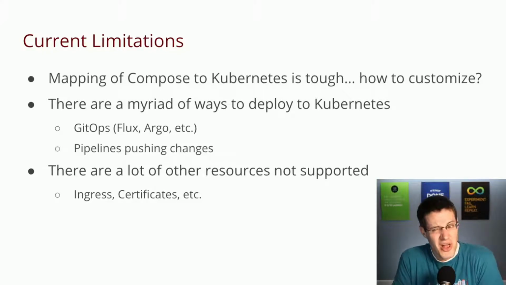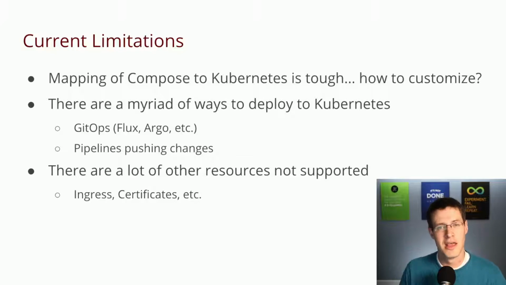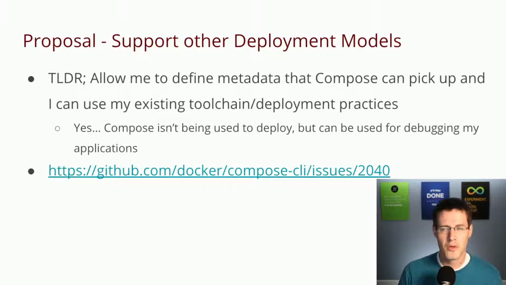There's also a lot of other resources that we can't define because the Compose spec doesn't have a way to define them. So for example, ingress. If I want to say this service should be accessible at this host name, how do I do that? I can't really do that with just the plain Compose tooling here. And so one of the things that I've thrown out a proposal for, and I'd love plus ones or comments or just some discussion on it, is the ability for me to define metadata that the Compose tooling can